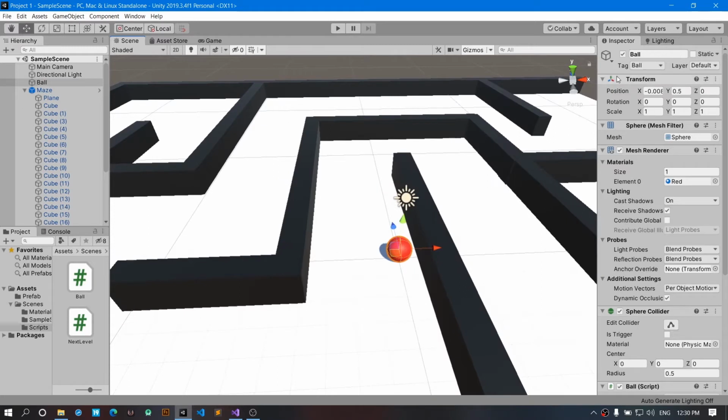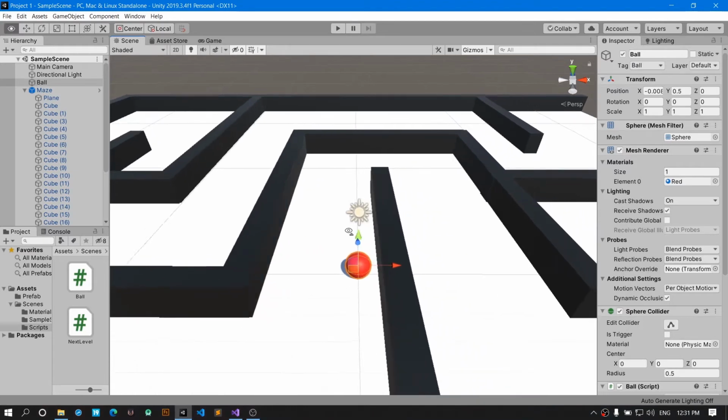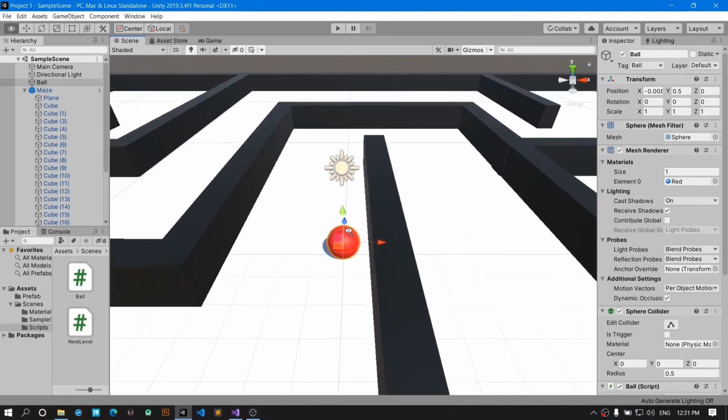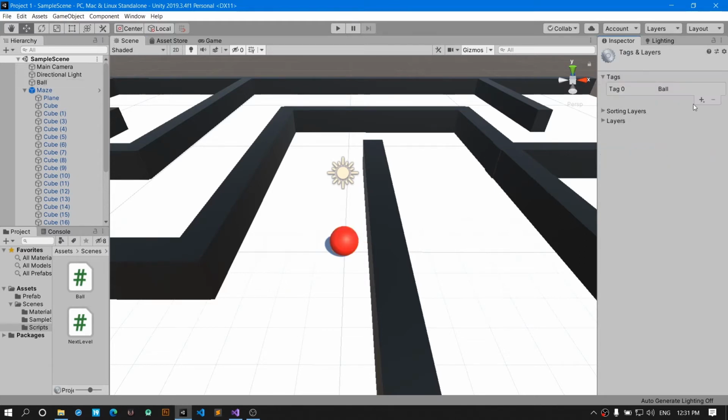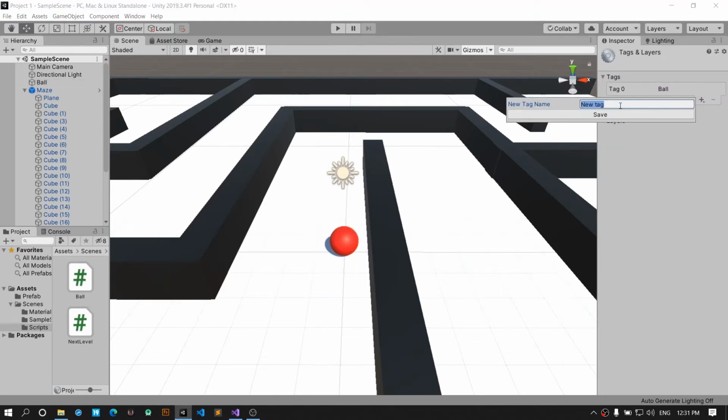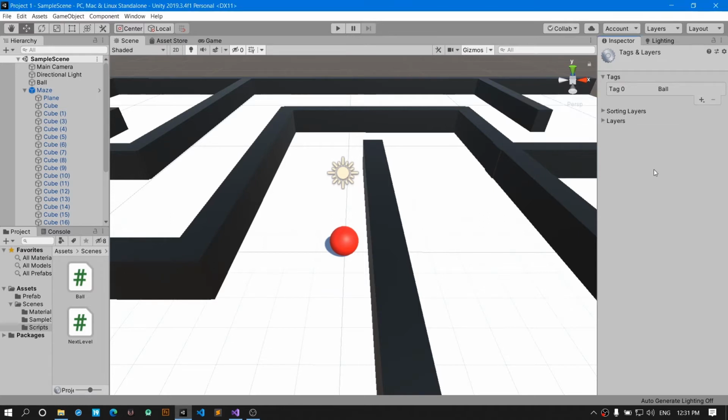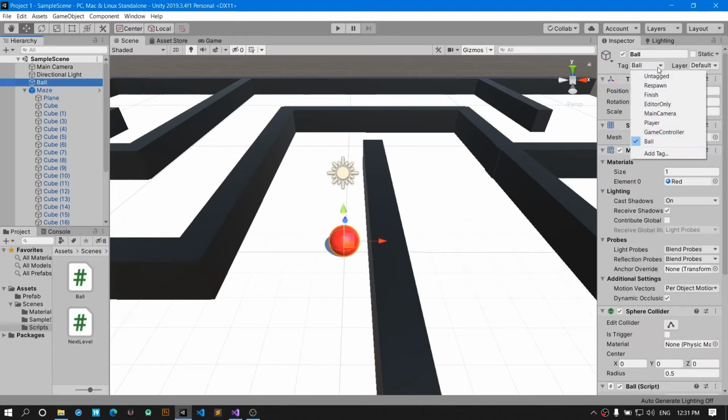We're also going to make use of tags, and I'll explain how we use a tag. A tag defines a particular game object. So when you want to specify the tag of a game object to use in code, you can specify it using the tag option. So we are going to click on it. You can see I've already created a ball tag. How I did that was you press add tag, click this, and type the tag name you want. So if I did ball, I'll press save